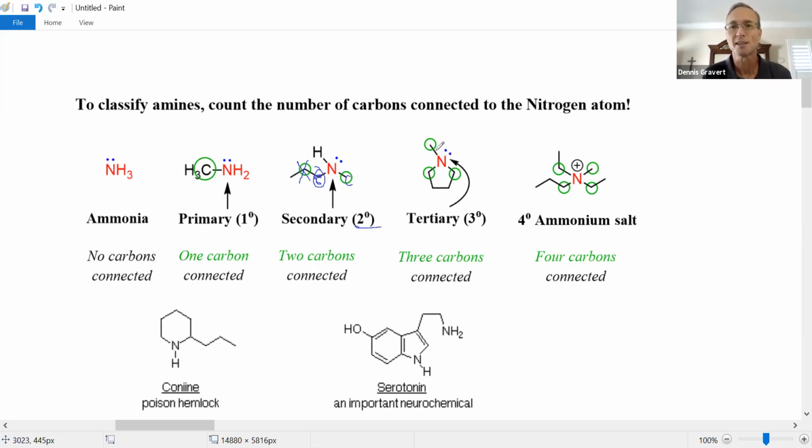Same is true for this one. It says, yep, there's a carbon, a carbon, a carbon. We're tertiary. Turns out, you might remember from the SN2 lecture last semester, amines are actually good nucleophiles. Strong bases are good nucleophiles in SN2, and sulfur and nitrogen also. Nitrogen can use its lone pair to do an SN2 reaction